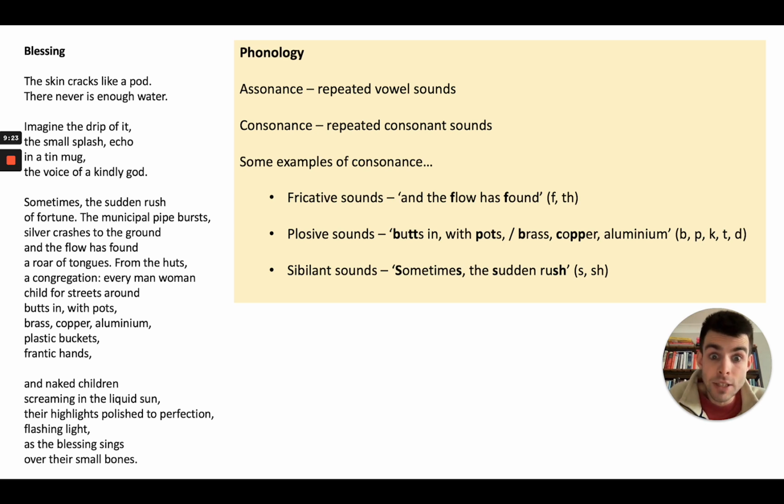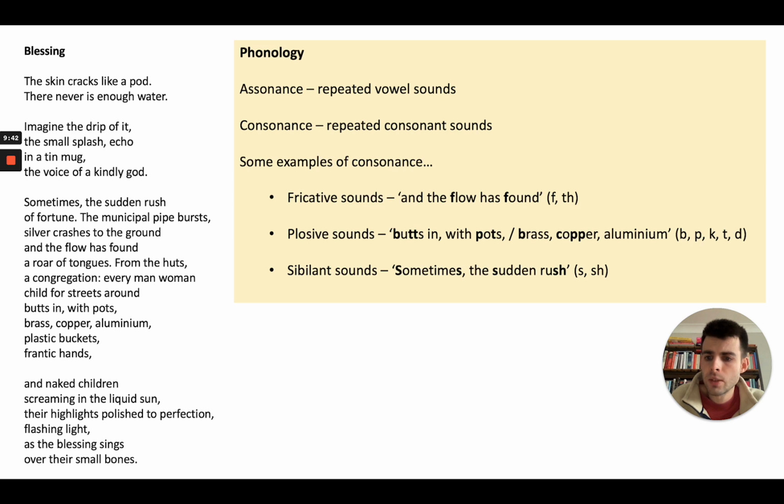I have no idea is the answer to that. In terms of this poem, you have to do a bit of thinking about it. In terms of this poem, I'd say that actually the writer is deliberately using a lot of consonance and assonance across the poem, and maybe that's to add to the sort of musicality of the event.